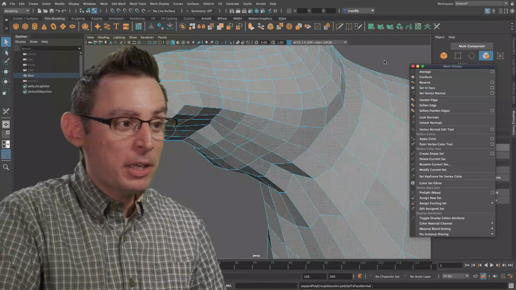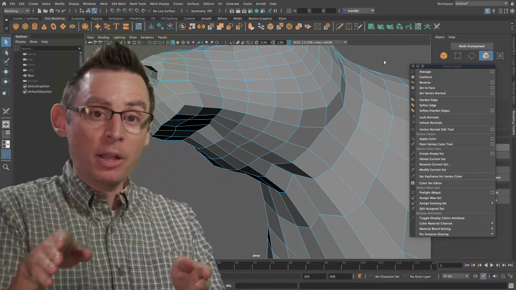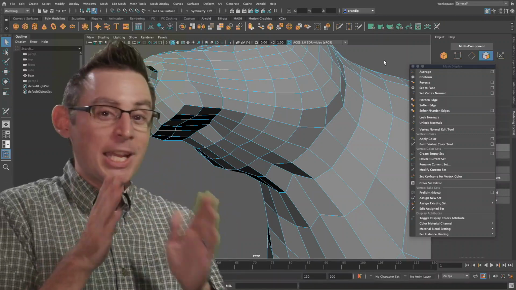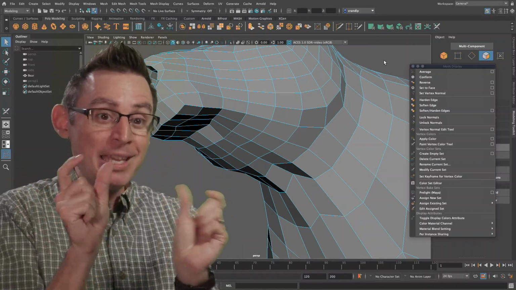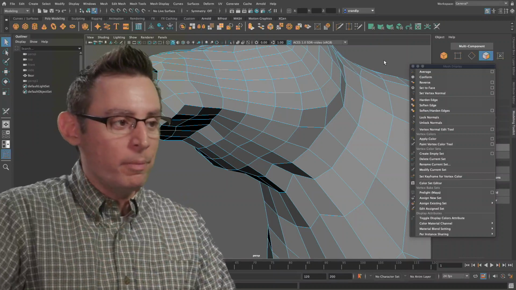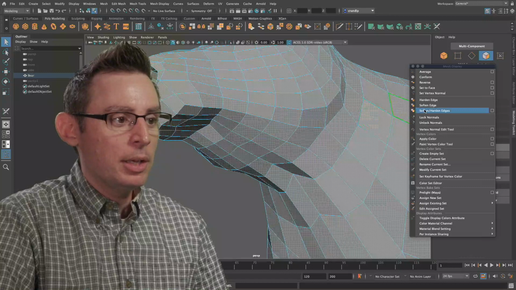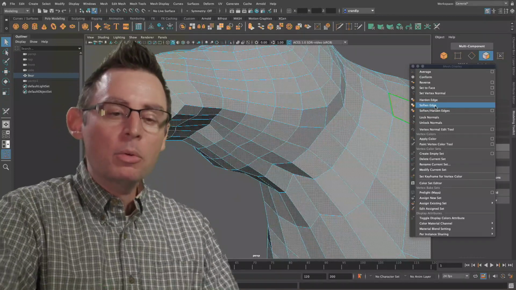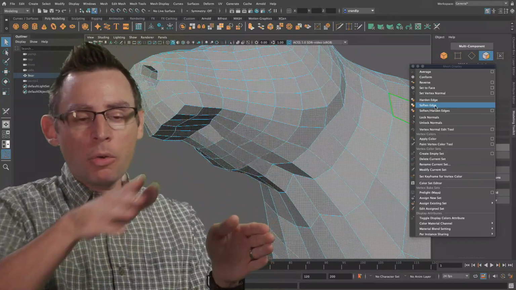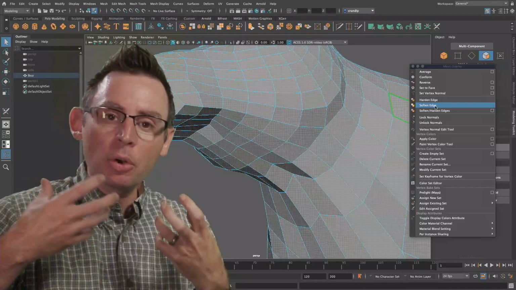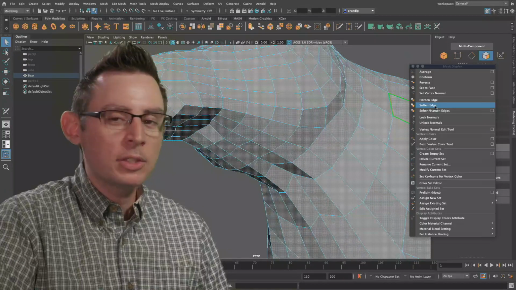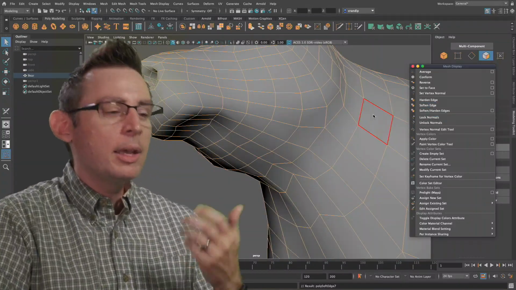This is going to look at the orientation of each individual face and pop the normal to match that orientation. Now it's going to look kind of funky because now it's not shading across all the different polygons. It's shading each polygon individually, independently from the next. That's step one. Step two to solve our problem is to once again select all the geometry, and now we want to soften them. We're going to ask the computer to shade across all these polygons as if they're all one connected polygon. Let's do it real fast. We'll soften the polygons, and now look what we get.